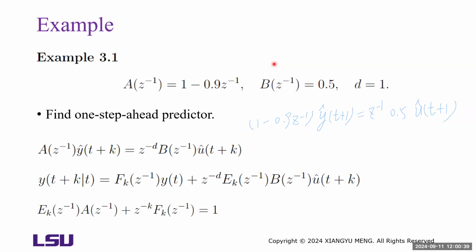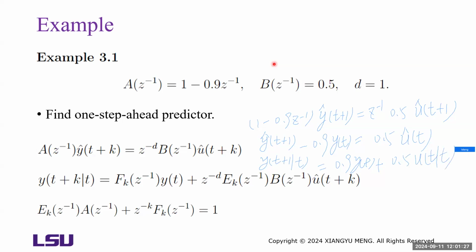So if we expand the left-hand side, the first term will be y hat t plus 1. Then the second will be 0.9 z to the power negative 1, which represents the time delay, so we have y t here. On the right-hand side, we have 0.5, then z inverse represents the time delay, so we have u hat t. So the prediction of y t plus 1 conditioned on t will be 0.9 y t plus 0.5